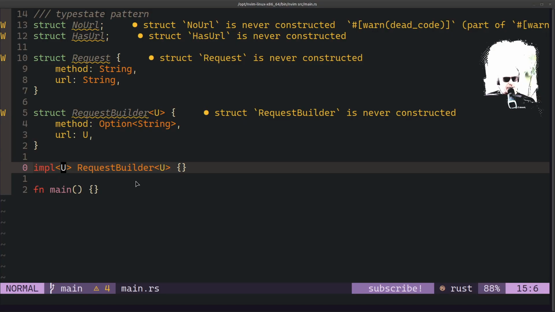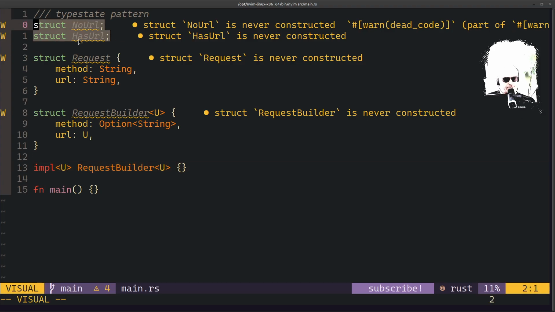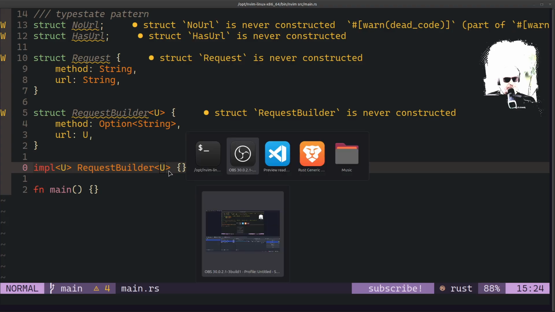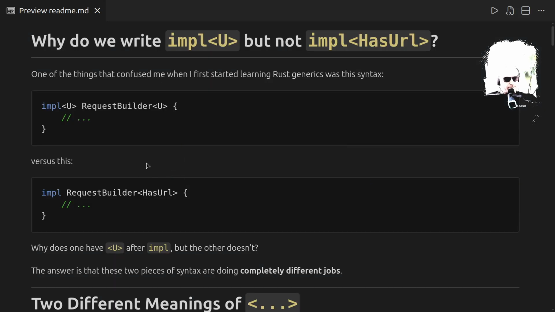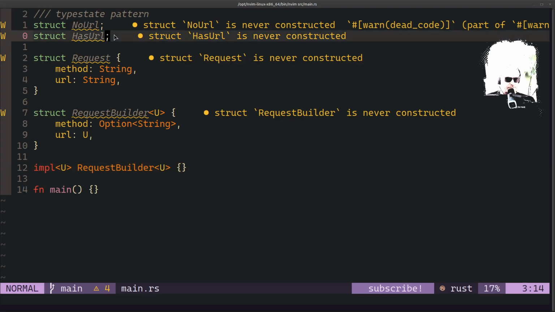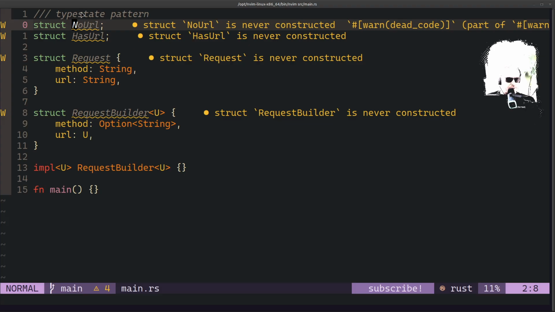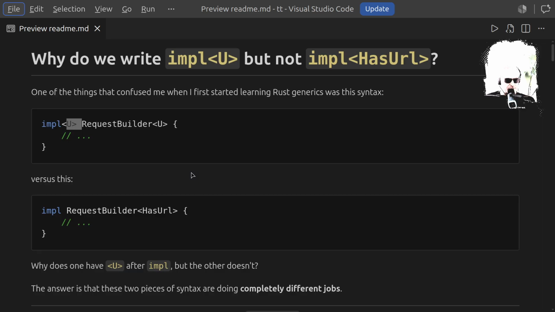Now, when you create your own type and you want to be using that in place of the generic placeholder, let me explain. Let's look at this. So if you had a builder pattern, now the has URL, you could be creating a marker struct. In this case, no URL, has URL. This is taken from the typestate pattern. So I've just been refreshing myself on the typestate pattern,